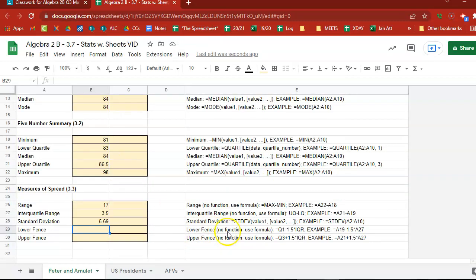Lower fence. Okay, no function again, just like range. There's no way to actually just calculate the lower fence in Sheets, but we know the formula is first quartile minus 1.5 interquartile ranges. So I'm going to use the points I have up here, equals